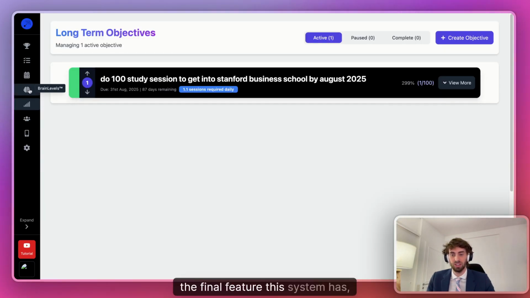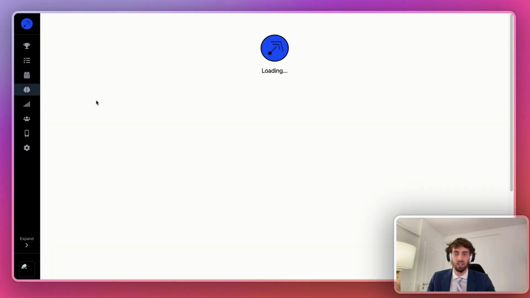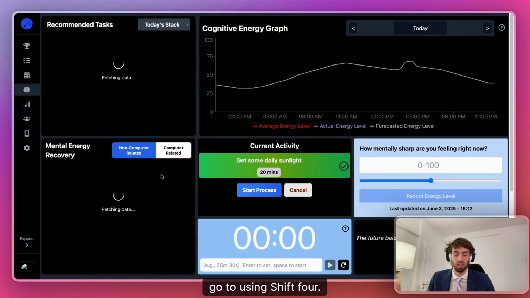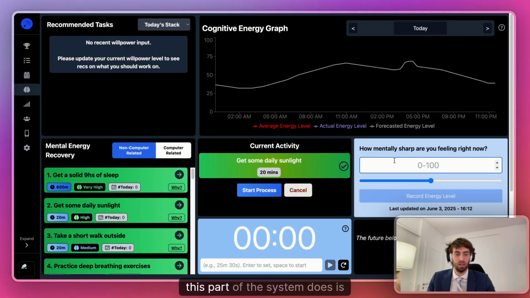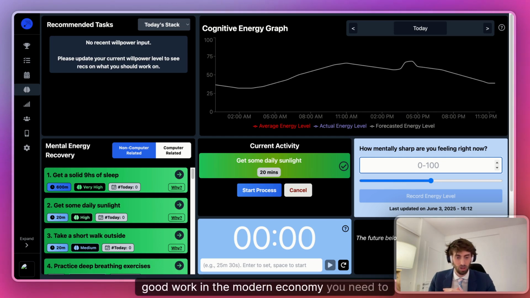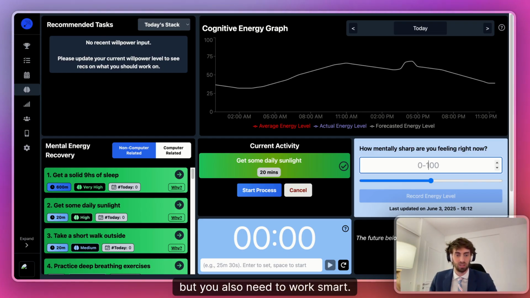The final feature this system has, which I believe is one of the most useful ones, is in the brain level section, which you can go to using Shift 4. And what this part of the system does is it helps you manage your mental energy. Of course, to do good work in the modern economy, you need to work hard, but you also need to work smart.